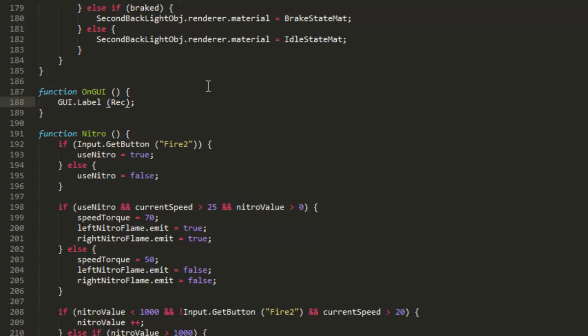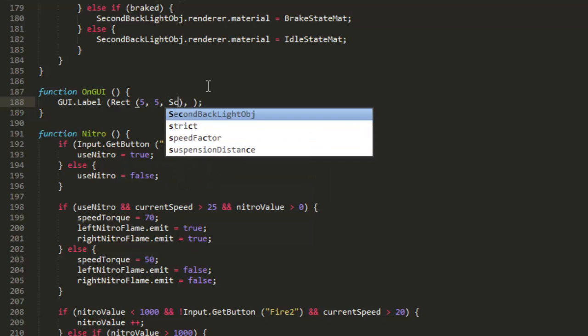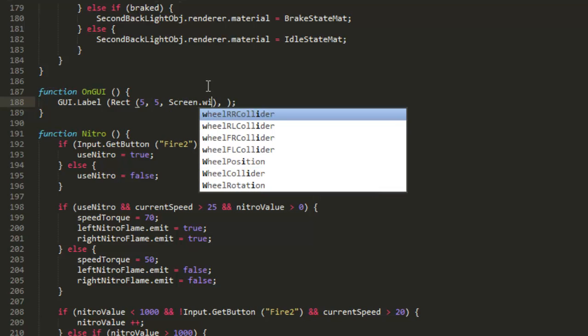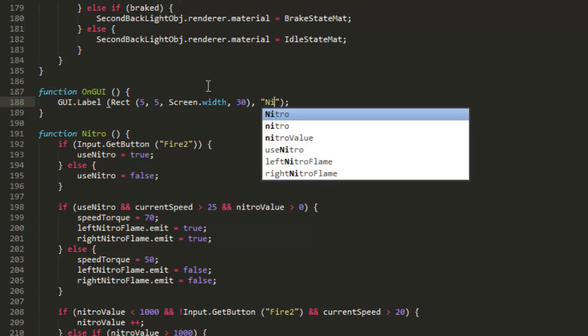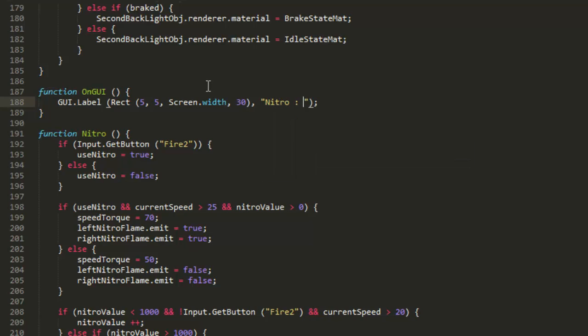Add Rect 5, and Screen.width and 30. Now nitroValue,